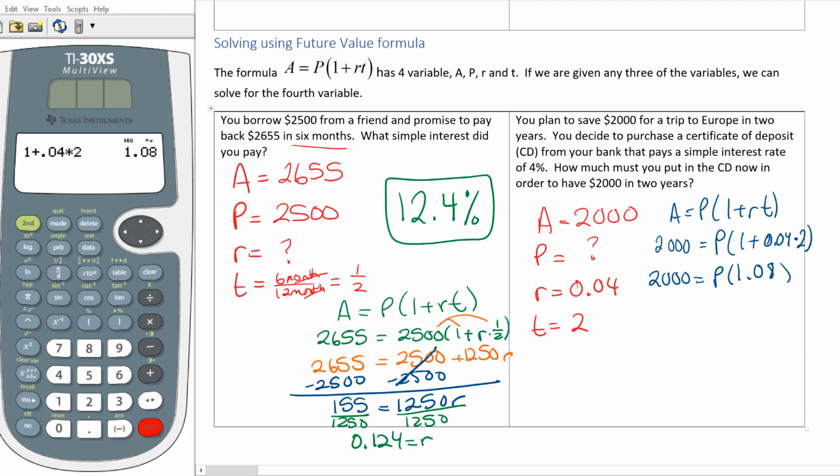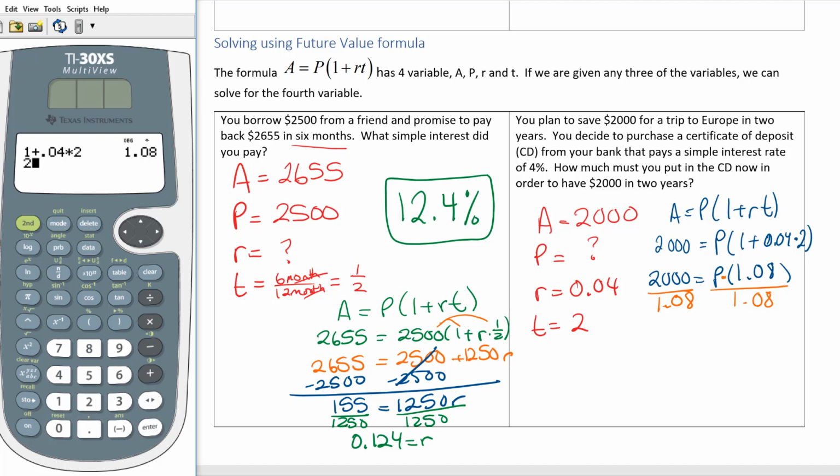At this point, I need to solve for P. Now, because the P is right next to the parentheses, that means multiply. So if I'm trying to solve, I'm going to do the opposite, which is divide. So I take in my calculator 2,000 divided by 1.08,